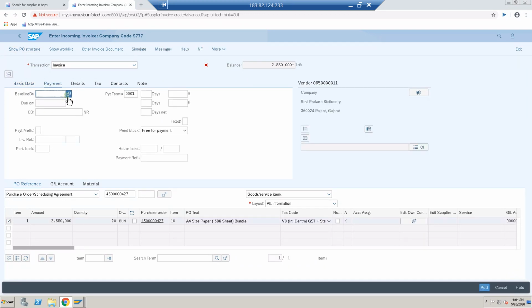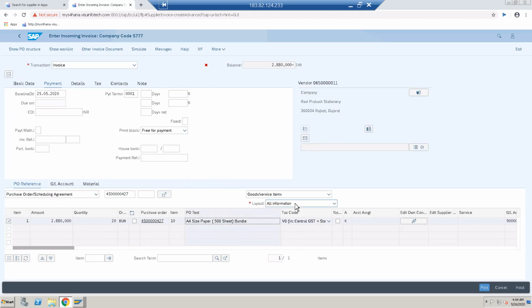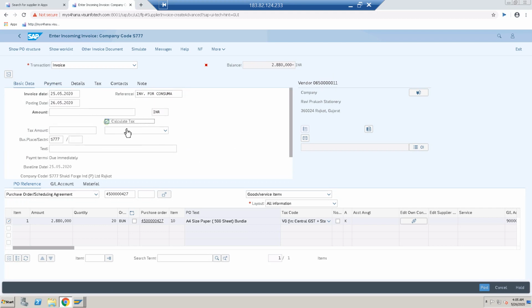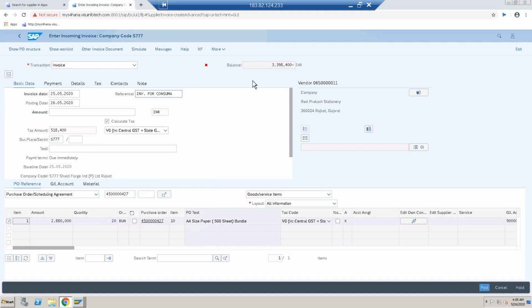Enter the baseline date, today itself. Okay, tax calculation, click on calculate tax. Look at this, actually this error is gone. Actually there was a problem in the control tab for the GL account. We hadn't mentioned any tax related settings.